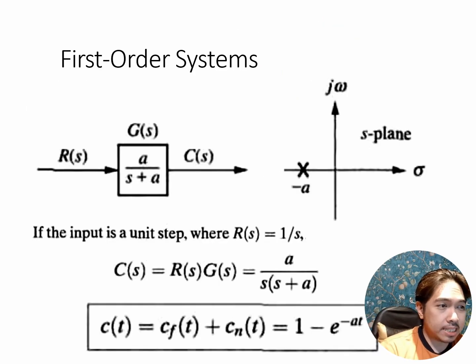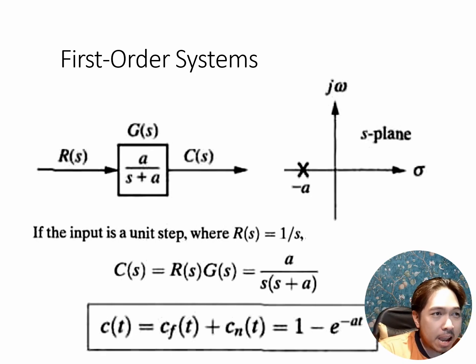Now that we know the basics, let us take a look at first order systems. In first order systems, they don't have any zeros. So these systems are simple and help us understand how a system responds over time. We can describe this type of system using a basic transfer function, like the one shown in this slide.